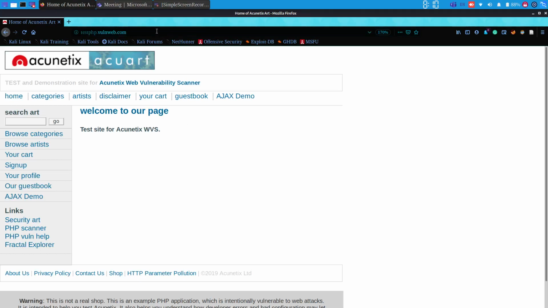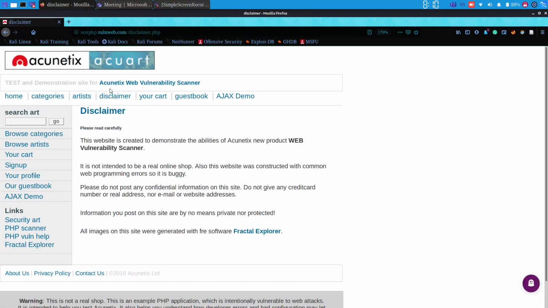Normally when a website works, you click on something. When I am clicking on disclaimer, a certain request for this web page goes to the web application server. The server sees that I am requesting this page, that is testphp.vulnweb.com/disclaimer.php.